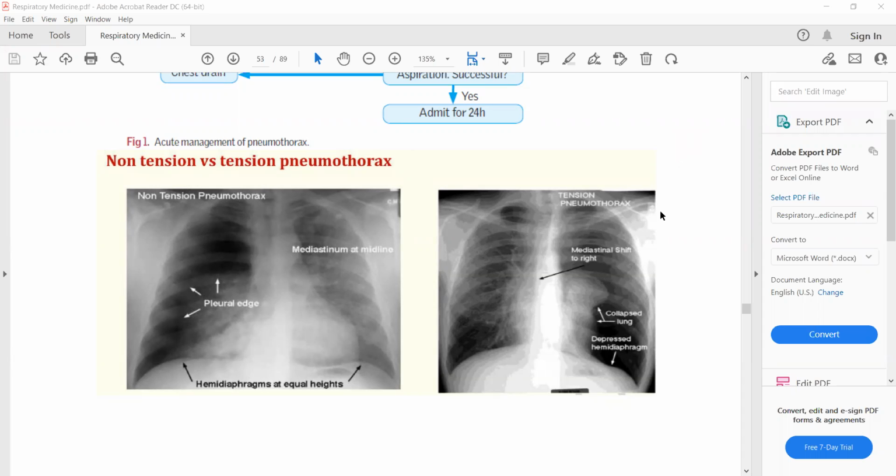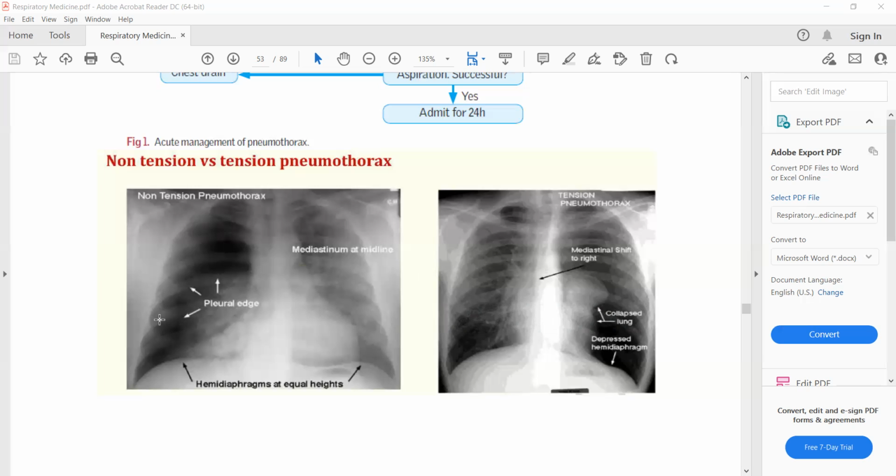So we were discussing how to differentiate between tension pneumothorax and simple pneumothorax on chest X-ray. First of all, how to diagnose or identify a pneumothorax on chest X-ray. Then we'll discuss what is the difference between tension and simple pneumothorax. So you can see in this X-ray that